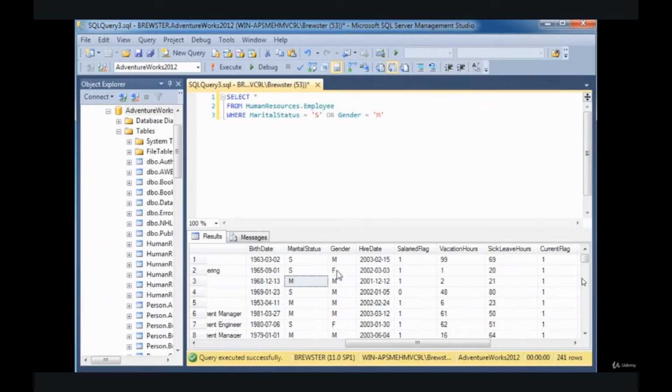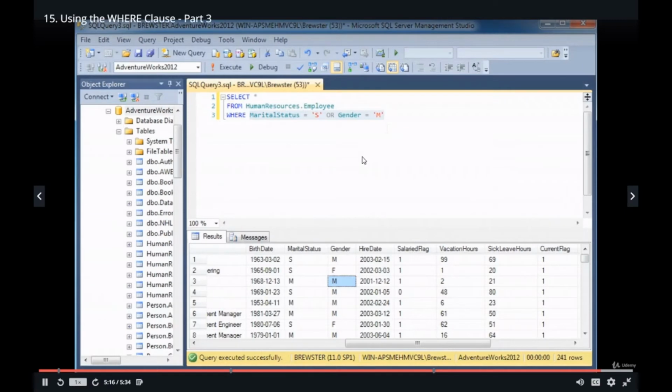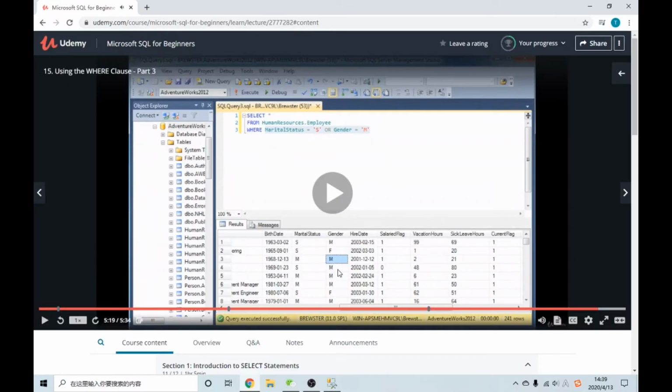In this scenario, right here in the second row, the marital status is S, so that evaluates to true. The gender does not equal male, but the row is returned because at least one of these filtering criteria is true. Just like right here in this third row. The marital status doesn't equal S, but since the gender equals M, the row is returned to the results panel. So that's just a brief introduction to the AND OR logical operators. And in the next lesson,